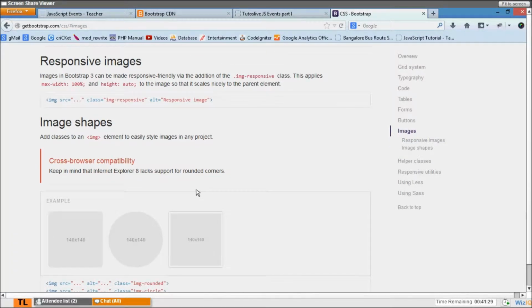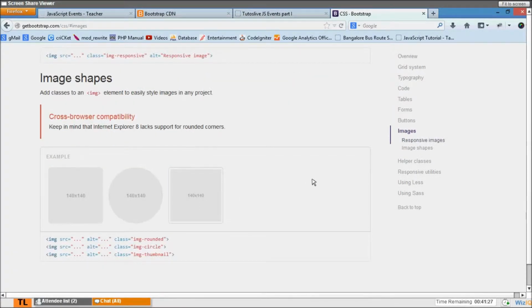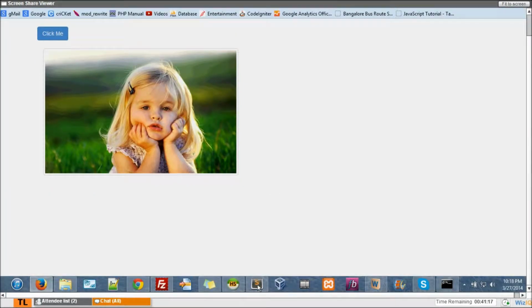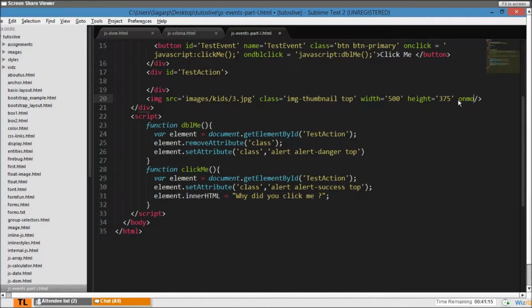Fine. Yeah, it's looking actually like that. Fine, let's see. Yeah, good. Now mouse over and mouse out. Let's see what happens. Now what I want to do is, here on mouse over equal to, I'll say